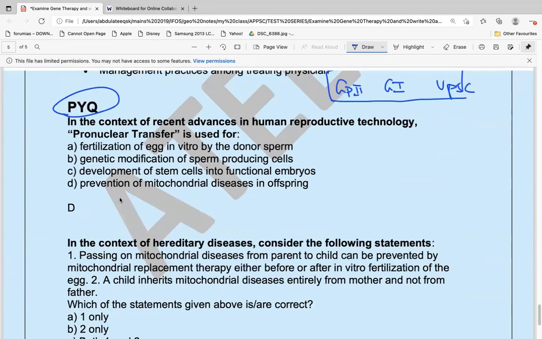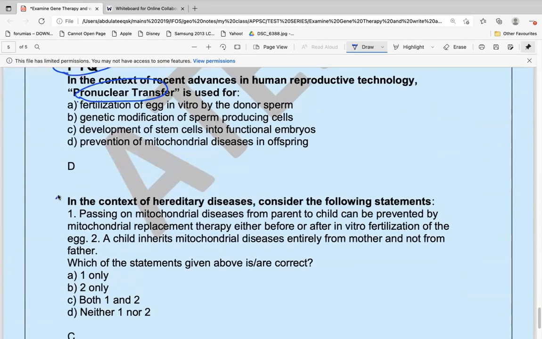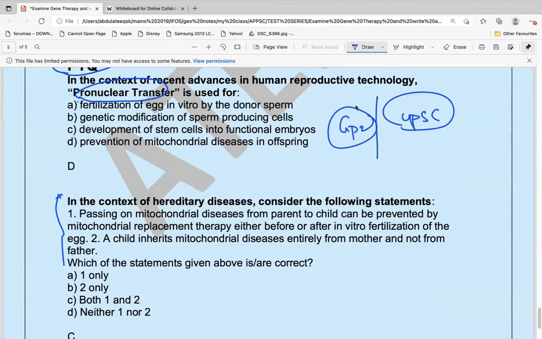See here, these were the PYQ questions. Now, please go through this. Pronuclear transfer was asked already. This was also asked already. Please try solving them. In this way, when you solve the PYQs, it will help you clear Group 2 and UPSC. What is the difference between Group 2 and UPSC? They will ask more factual questions, but at the same time conceptual clarity is also important. So it is better you solve the UPSC PYQs. By solving the UPSC prelims PYQs, you are integrating UPSC prelims as well as Group 1 mains, and the same way for Group 2, but you have to focus on a little more factual information, like they asked in Group 1,